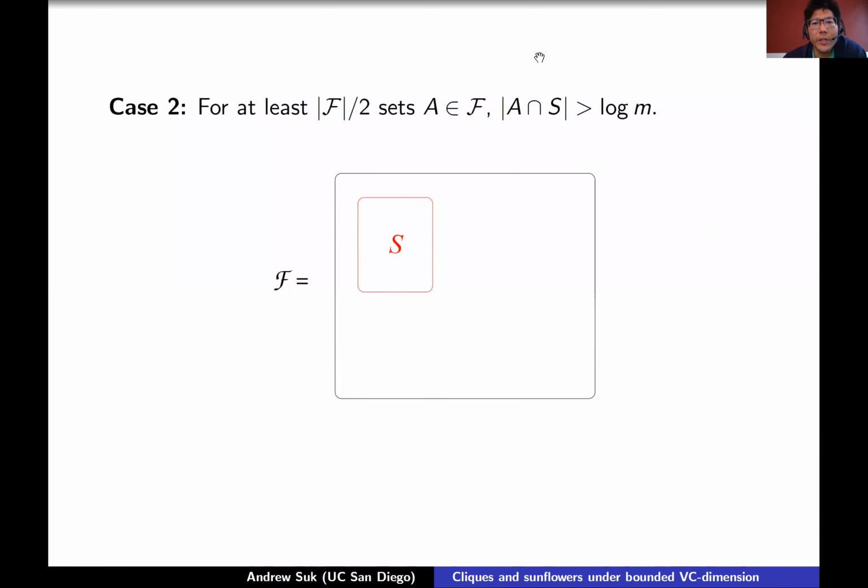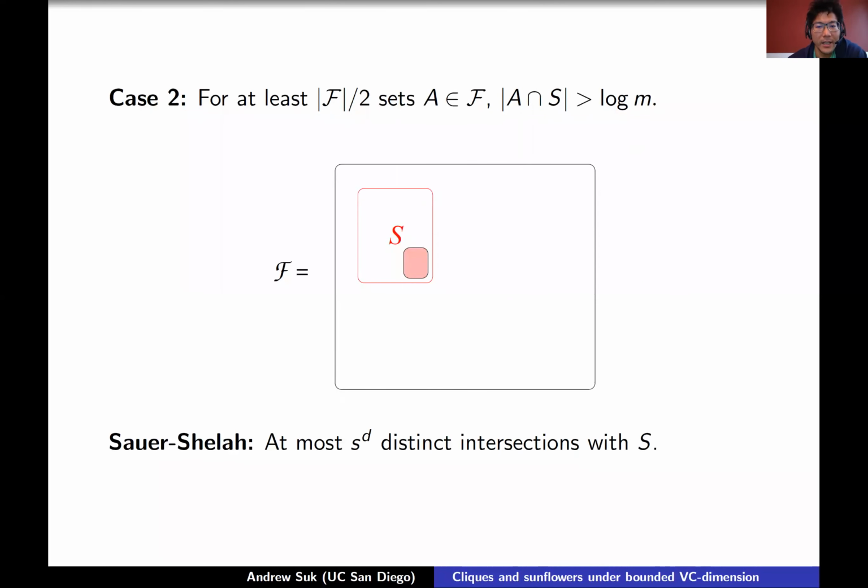So then suppose we're in case 2, which is that at least half of the sets intersect S in this rather large way, so on at least log m vertices. Well, now we'll finally apply the fact that F has bounded VC dimension. So by Sauer's lemma, the number of distinct intersections that these sets will have with S will be at most S to the D,